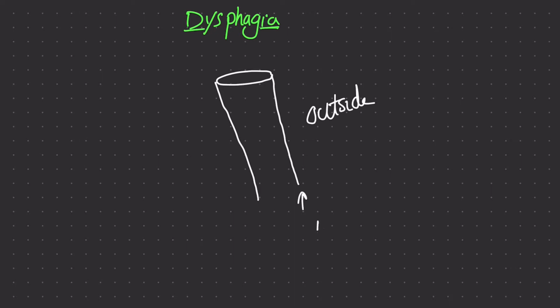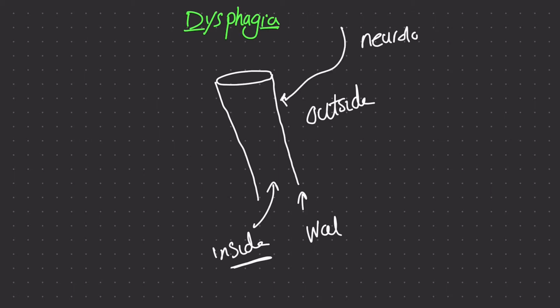So before we crack into this, let me draw you to the esophagus. There is a mnemonic in medicine in general that tells you that if you have any tube and this tube is at risk of obstruction, the obstruction might be something from outside, or something from the wall, or something from inside. Or it might be the nerves that control it, so it might be neurological. The case is the same for the esophagus.